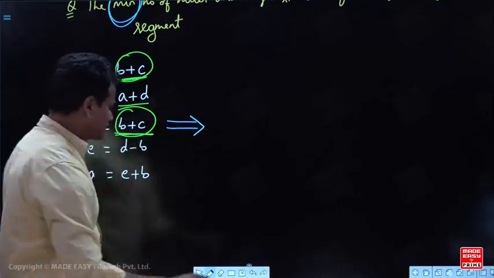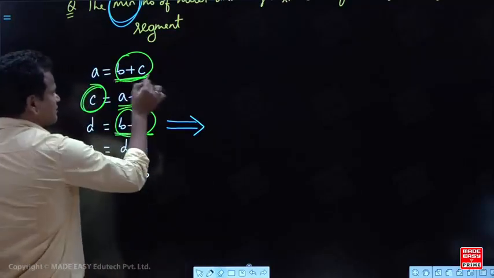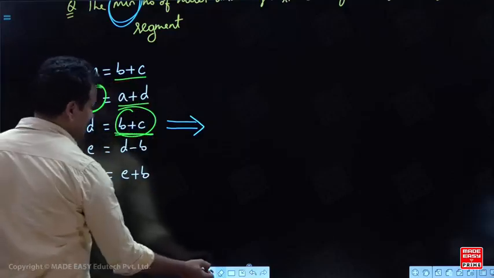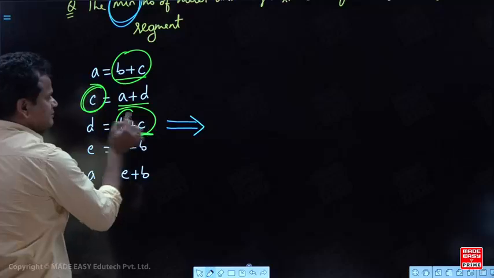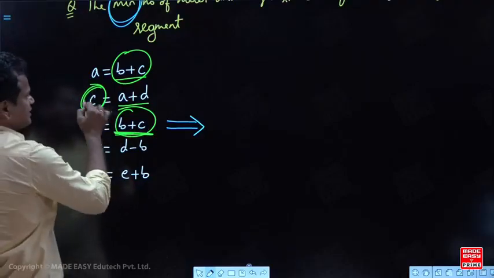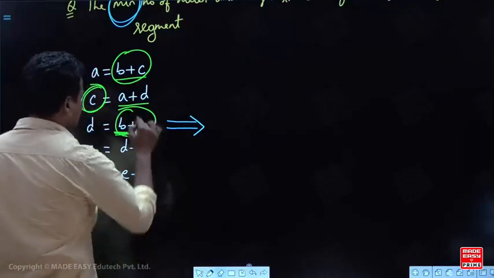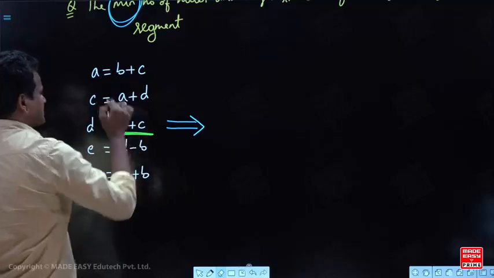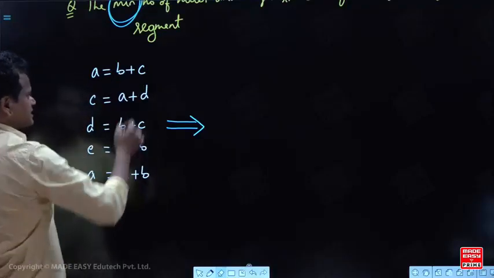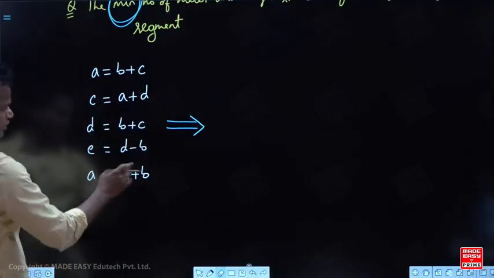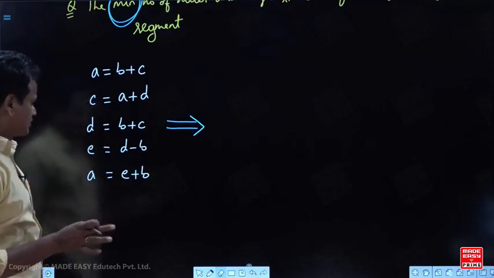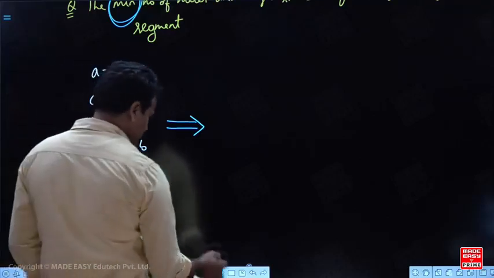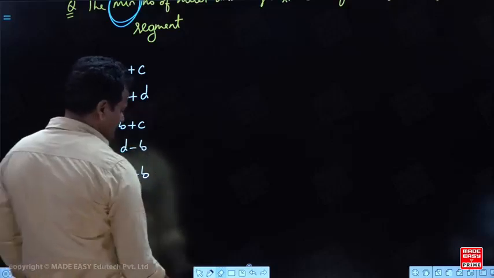There is no common sub expression. Do you understand? Here whatever the B plus C value, when you come to here, the B and C values are not the same because in between you are changing the C value. So you cannot say that there is a common sub expression. Even though B plus C, then A plus D, nowhere. So there is no common sub expression. Do you understand?